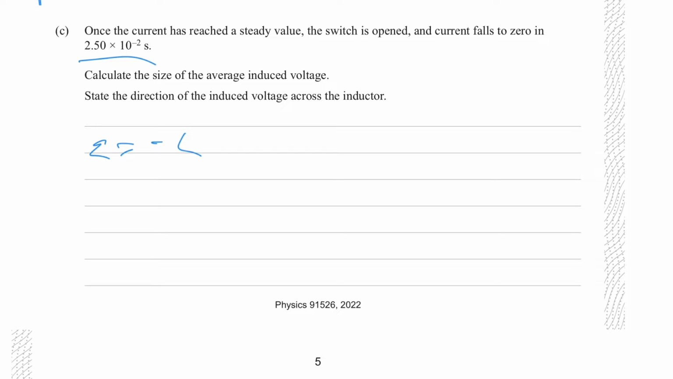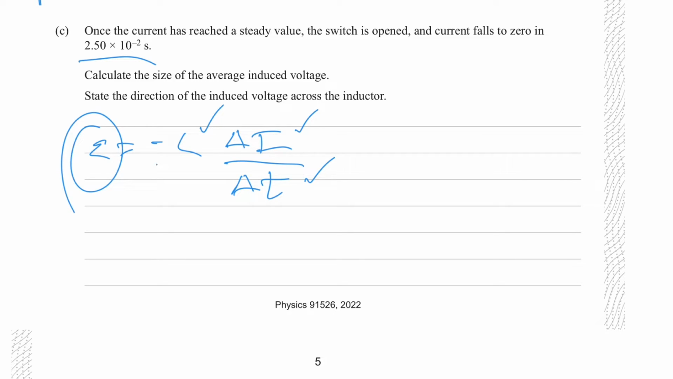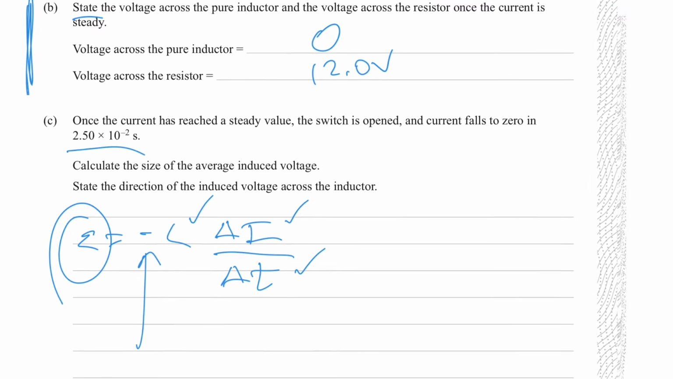EMF equals negative L times the change in current over the change in time. Remember, the current is going from its maximum that we calculated before, which we would have, but I didn't. So you're given the change in time, you have the current from before, the inductance is given to you, so that'll give you the magnitude of the induced voltage. And then the negative here, Lenz's law indicates the direction, which should be opposite, like it's going to try and